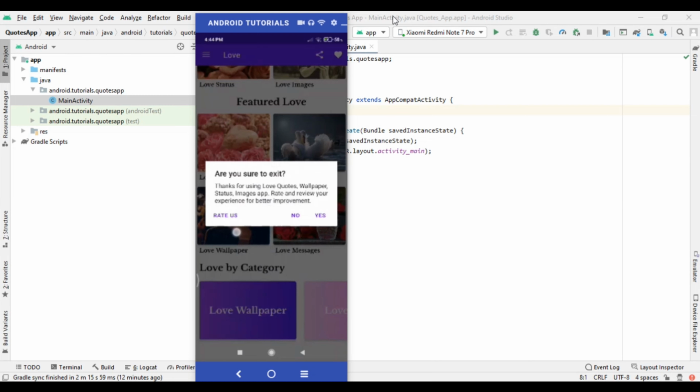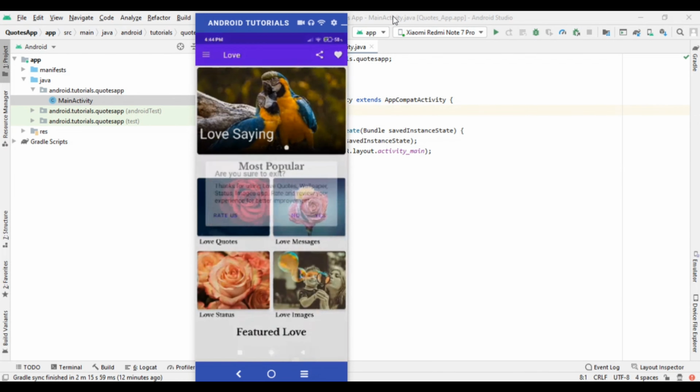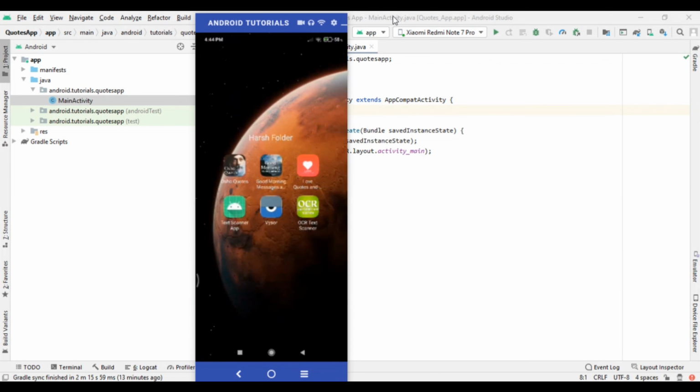When we click on rate us, we are redirected to the Play Store that I showed you here, and when we click on no, this custom dialog is dismissed. But when we press back again, we get this yes button. When we click on yes, we close our application.